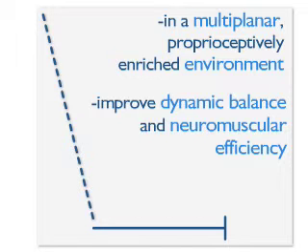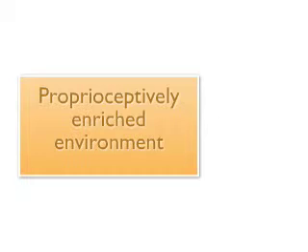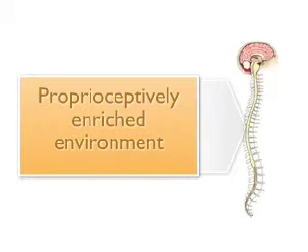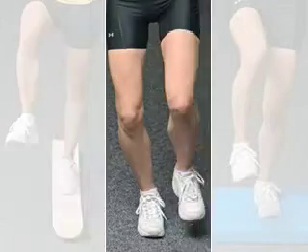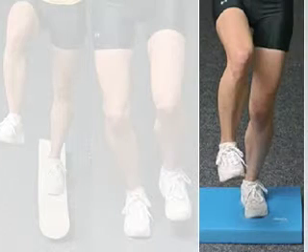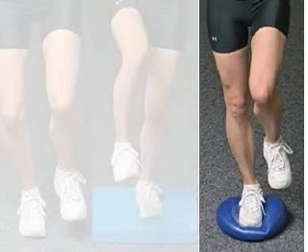and neuromuscular efficiency. Training functional movements in a proprioceptively enriched environment, or unstable yet controllable, with appropriate progressions, correct technique, and at varying speeds, facilitates maximal sensory input to the central nervous system, resulting in the selection of the proper movement pattern. Appropriate proprioceptive progressions would include performing balance exercises first on the floor, then a half foam roll, then an AirEx pad, and finally, a Dynadisc.